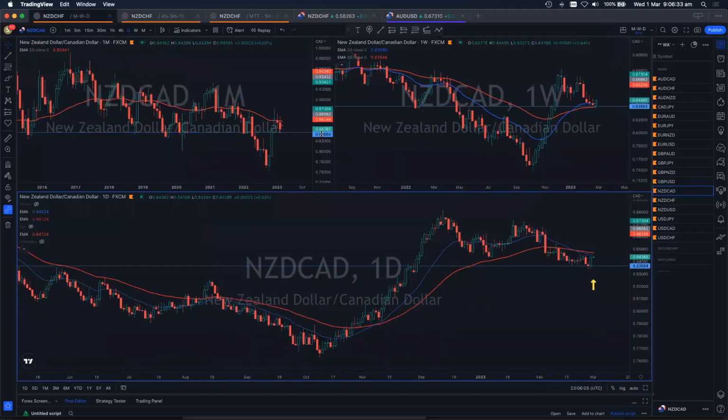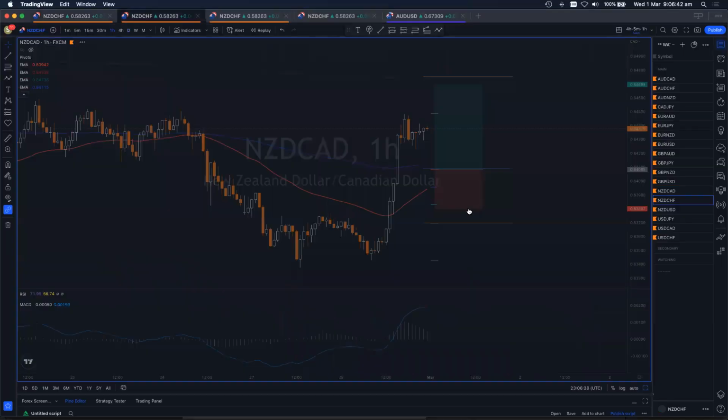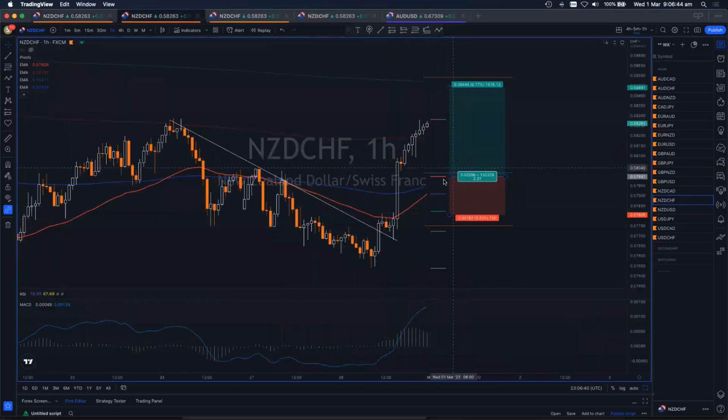Kiwi Swiss. Similar thing. We've got a very bullish day yesterday. Not quite back to the daily 50 yet, so there's a little bit of room. And again, the CBO is the thing that looks nice here. We've got the 4 hour 50 here as well. It's kind of sideways, so not the best of price action in general, but the CBO does look good